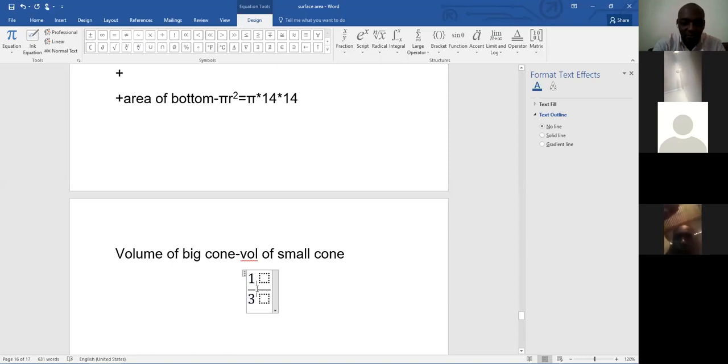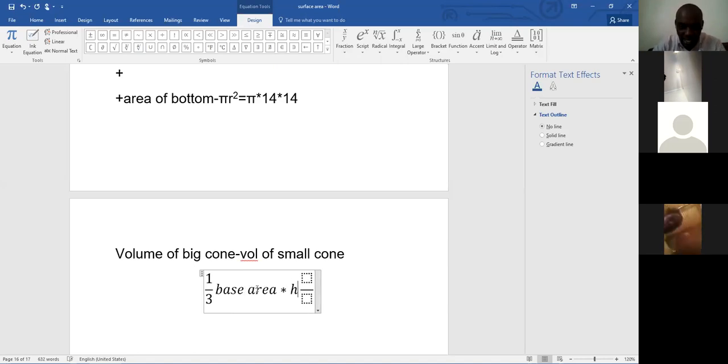Base area, then you multiply by the height. For the big cone, we are going to use the capital H, not the small h. Then minus the volume of the small cone, obviously. The formula is still the same as that